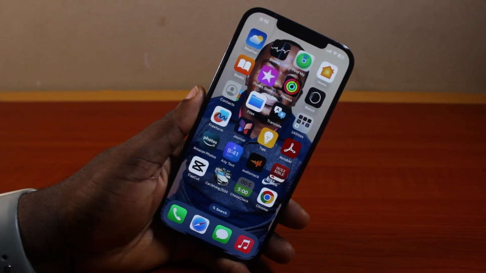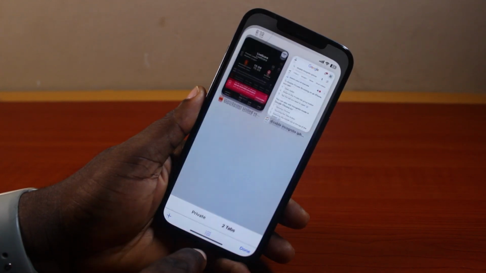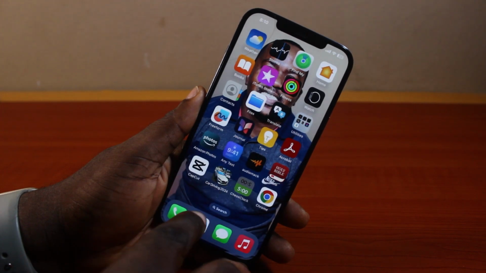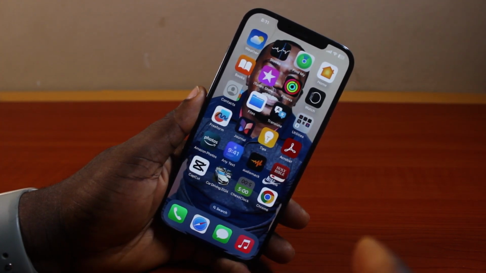How to install Google Chrome on iPhone 12, iPhone 12 mini, iPhone 12 Pro, and iPhone 12 Pro Max. So if you want to add a third-party browser to your iPhone, instead of sticking to the Safari browser app, now you want to add Chrome browser, then this video is going to walk you through how to do this